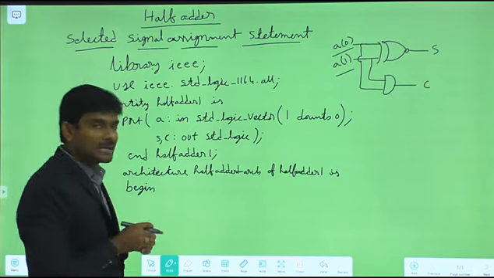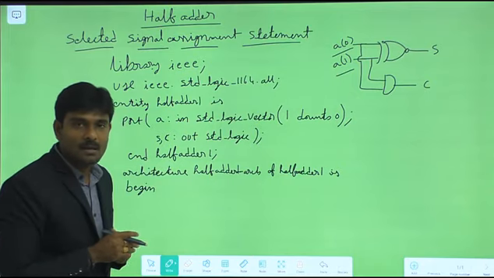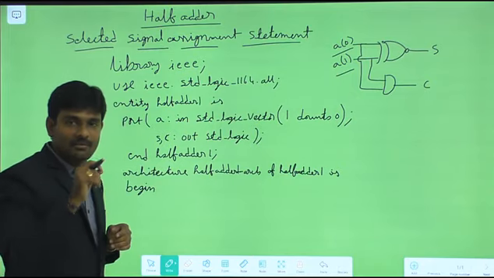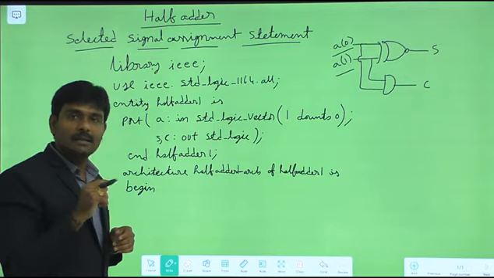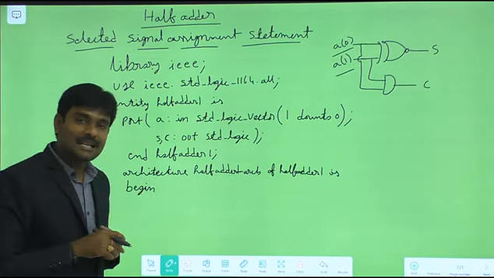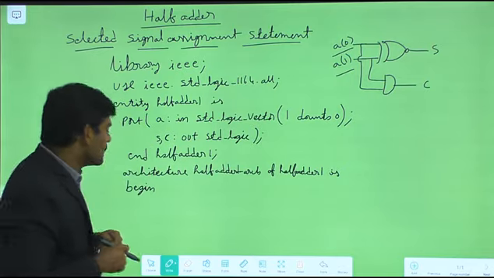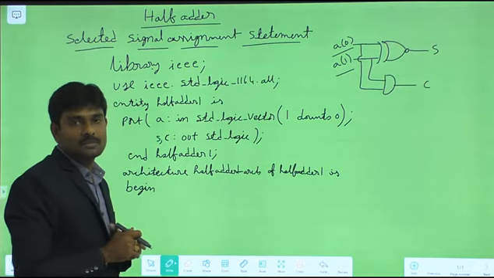Next we are supposed to consider the selected signal assignment statement as a concurrent statement. So what is the syntax for that? With expression select, then f less than or equals to 0 when 0, 0, 0, 0. That is the syntax. We already saw that for the prime number detector, so the same thing we are supposed to apply here.